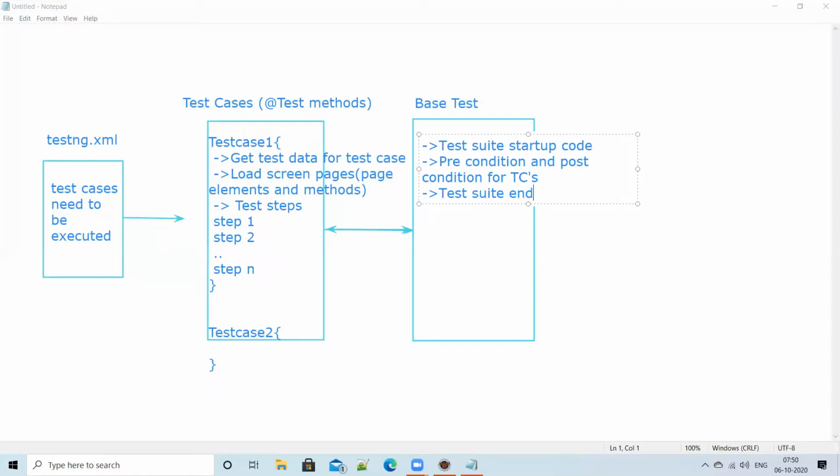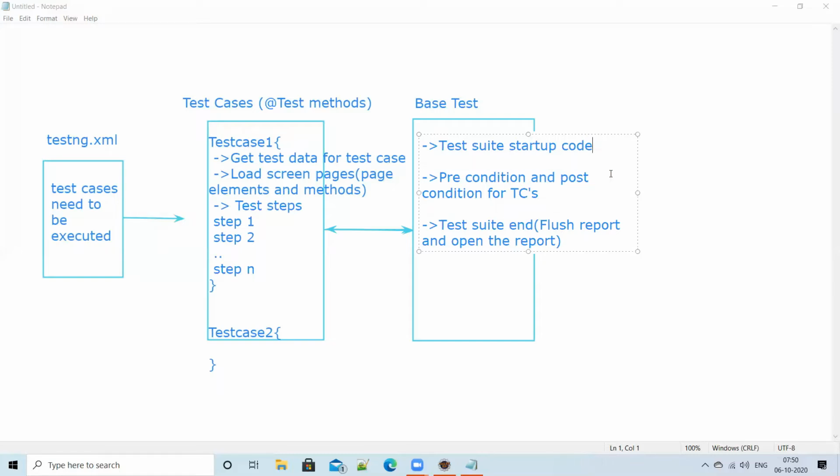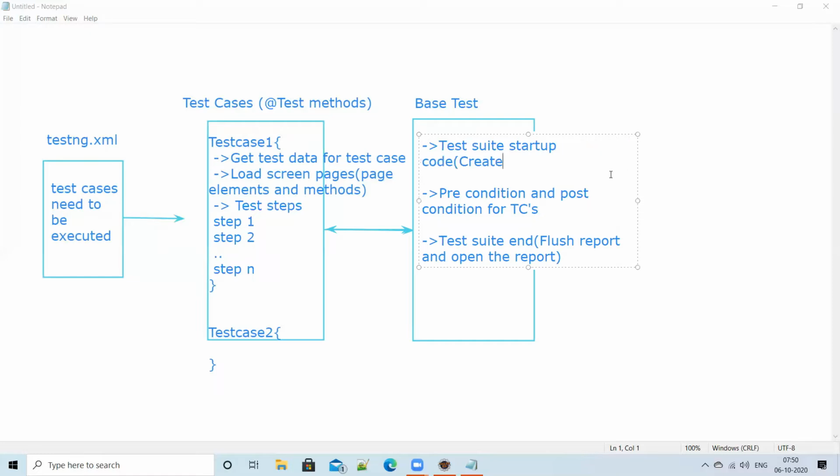Okay, test suite end. Basically what is happening here? So report, plus report, and open the report. That's what you have here, right? So, and here what you have, guys? Test suite startup: create results folder, right?